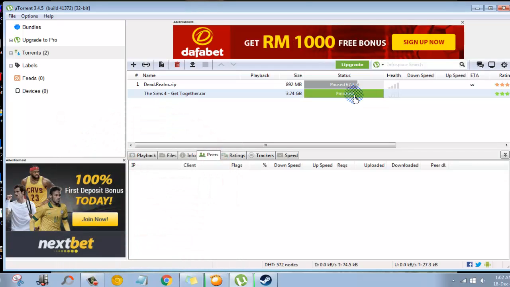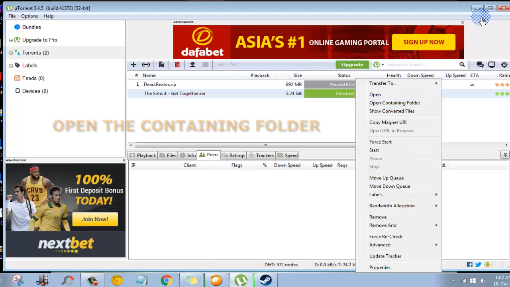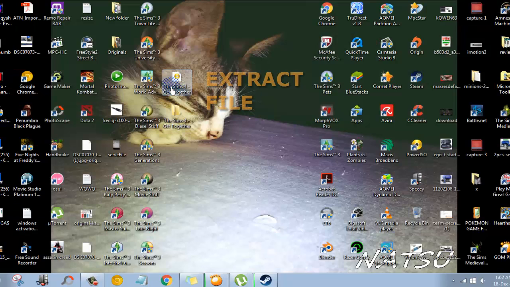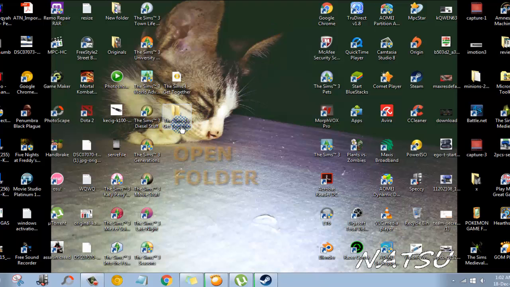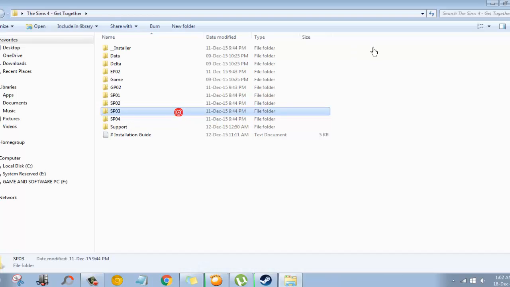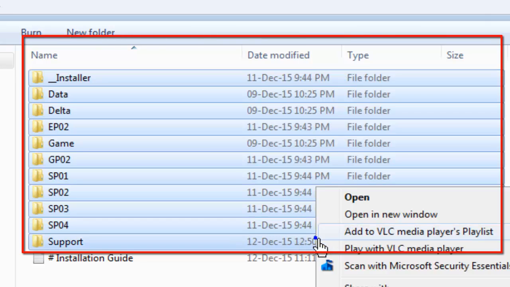The first thing you have to do after you finish the download is open the containing folder. After that, extract the file. After that is done, open the folder and then copy